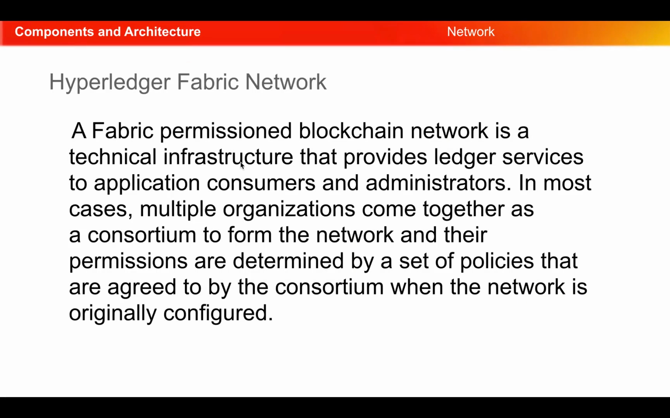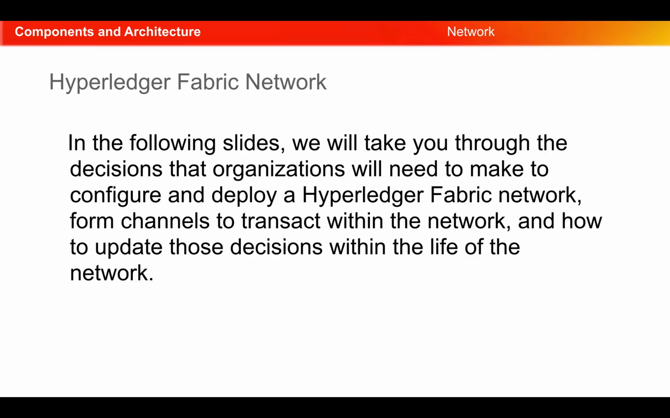Welcome back everyone. In this section, we are going to look into Hyperledger Fabric network creation step by step. A Fabric permissioned blockchain network is a technical infrastructure that provides ledger service to application consumers and administrators. In most cases, multiple organizations come together as a consortium to form the network, and their permissions are determined by a set of policies